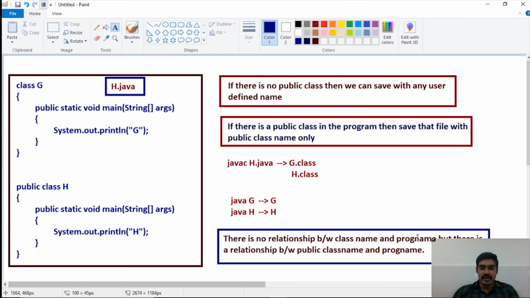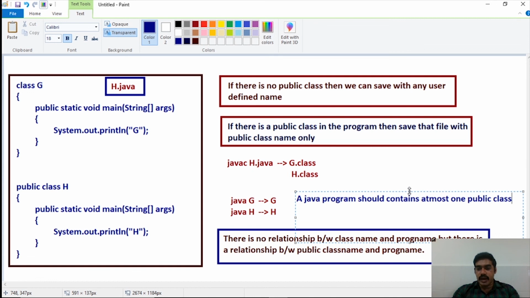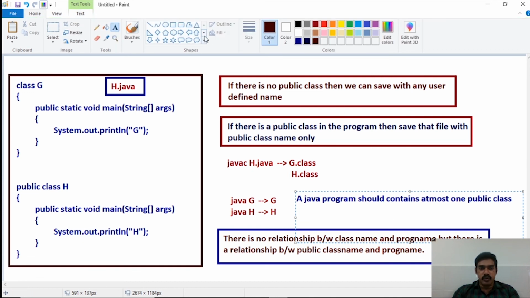What is my final conclusion? A Java program should contain at most one public class. This is a very important conclusion point. A Java program should contain at most one public class only.